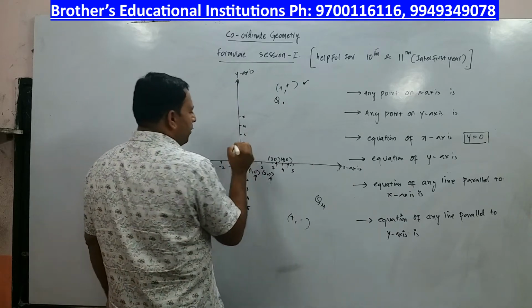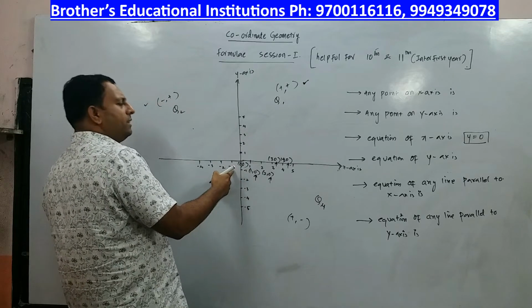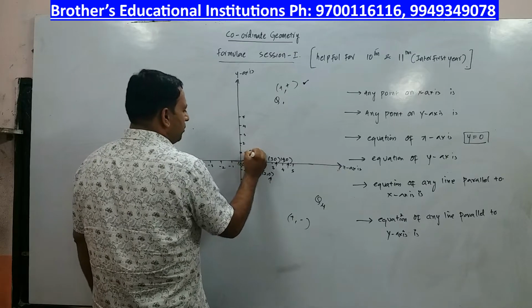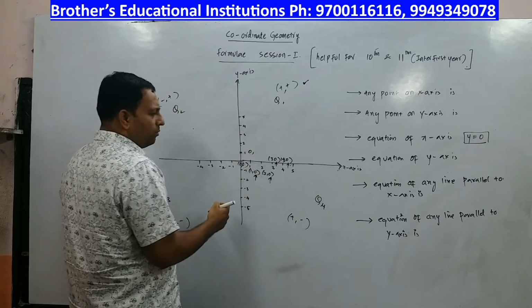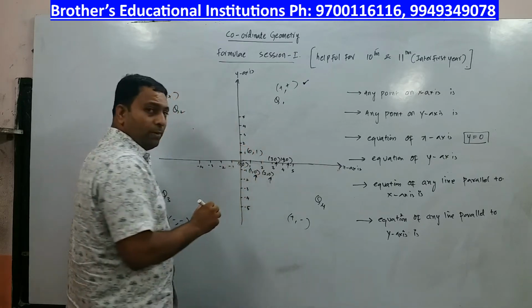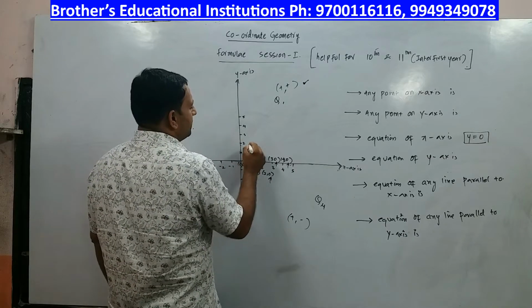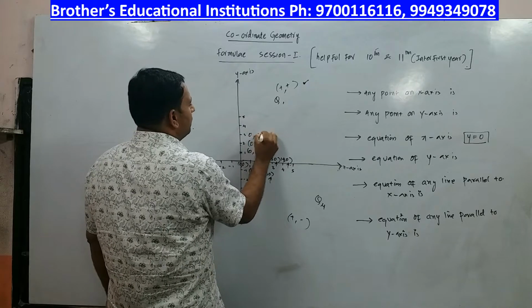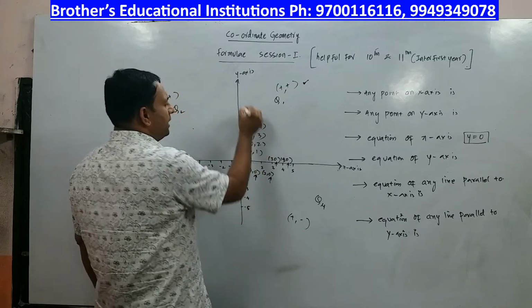Similarly, if I write this point with respect to x, what length is made? No length, or 0 length. So this point is (0, 1), since the length made on the y-axis is 1. What is the length made on the x-axis? 0. But the length made on the y-axis is 2. This is (0, 2), (0, 3), (0, 4). Like that it goes on and on.